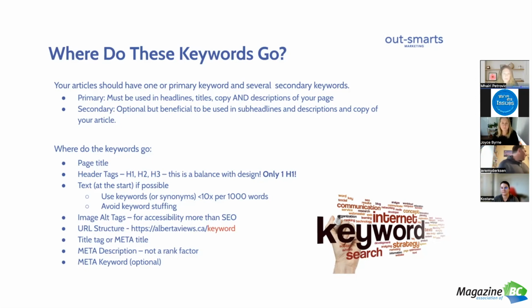You can also use your keywords in your image alt tags, but image alt tags are more about making your site content accessible to people who are using screen readers. So we recommend that you only use your keywords in there if it makes sense, if using that helps you describe what the image is all about. But it is something that Google sees in the code. So if it does make sense to use your keyword in there, and it describes appropriately what the image is about, then go ahead and use your keywords in your image alt tags.